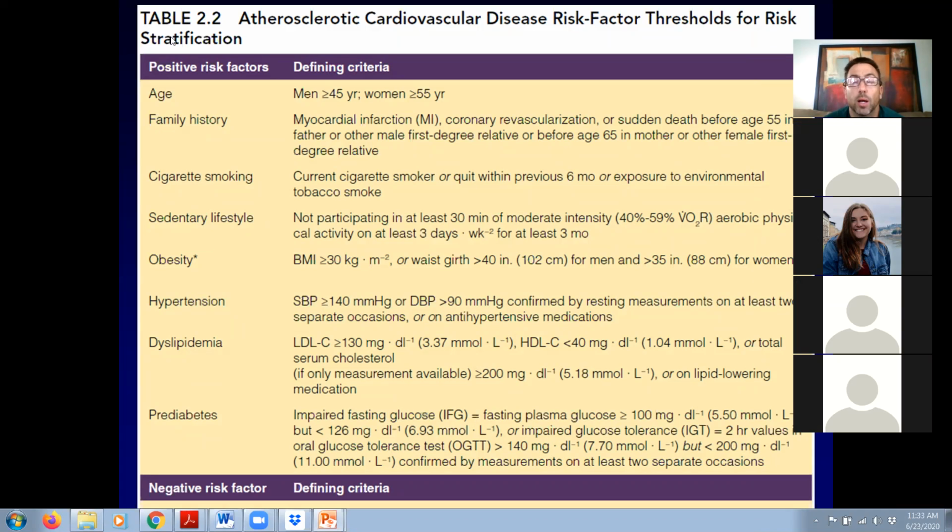The seventh one is what we're going to call pre-diabetes or diabetes, okay? So if you are diagnosed as a type 2 diabetic, you're high risk. But there's a group of people, and my guess is if we were to look at everybody in class, we would probably have a couple of you guys that would fall into the range of being considered a pre-diabetic. And being a pre-diabetic just means that you're going to have somewhat elevated blood glucose levels if we look at them first thing in the morning before you've eaten a meal. We call that fasting glucose, okay?